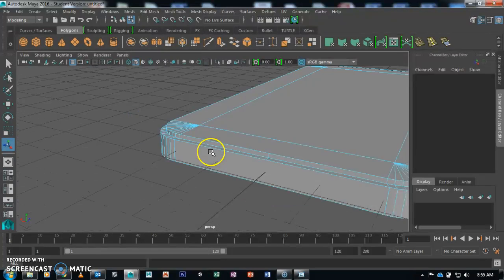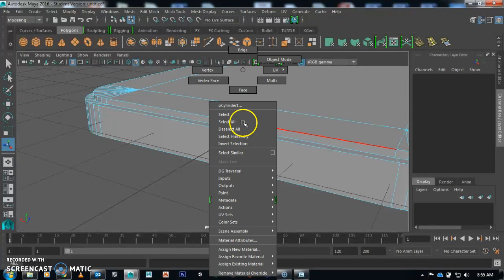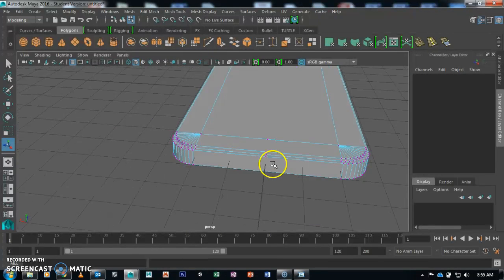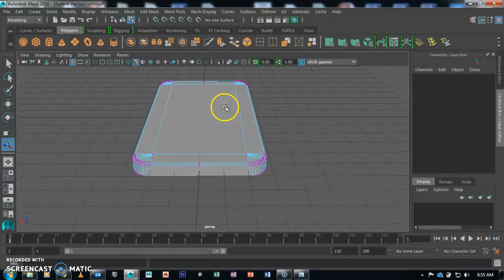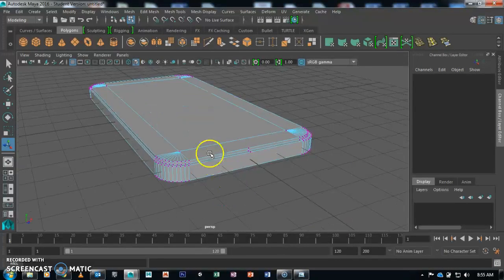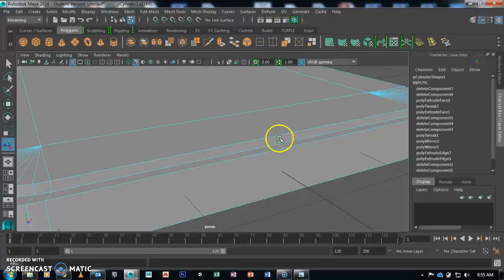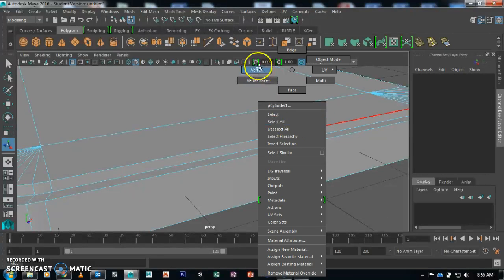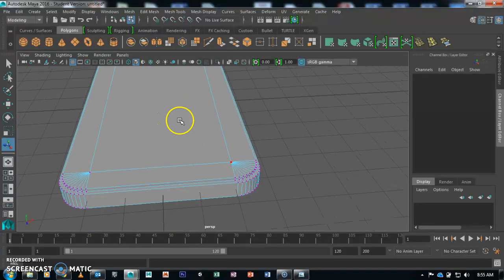I actually made a mistake here. As you can see, these are unnecessary edges. So let me just get rid of them, and let me double check everything here. If you get rid of these edges, it is best to clean your model from all these foreign edges or vertices. You have to keep your model as clean as possible, whatever model you create, like characters or props